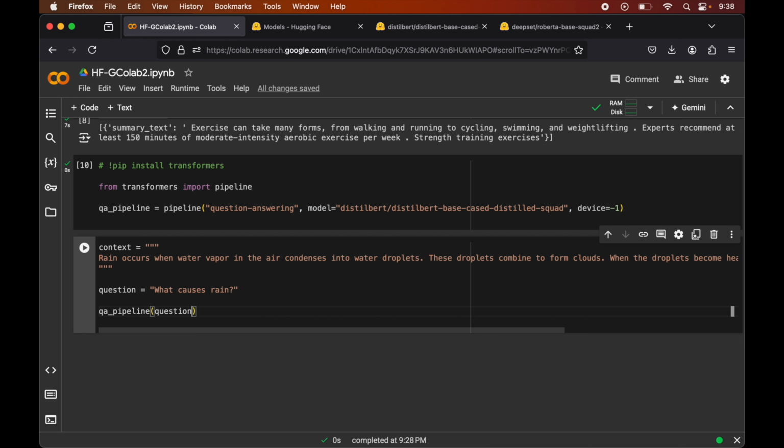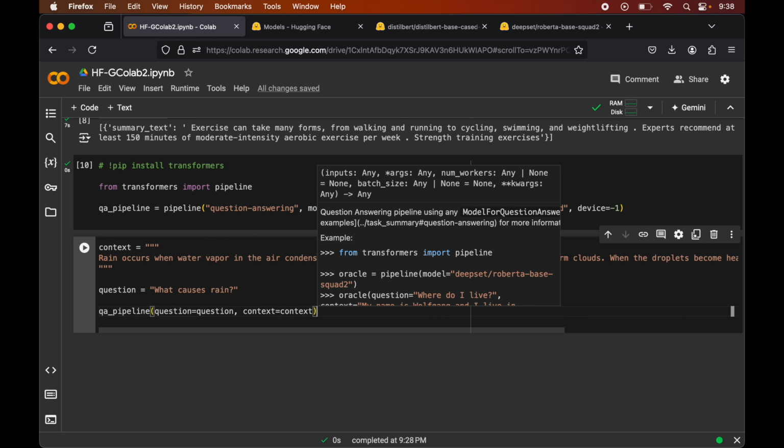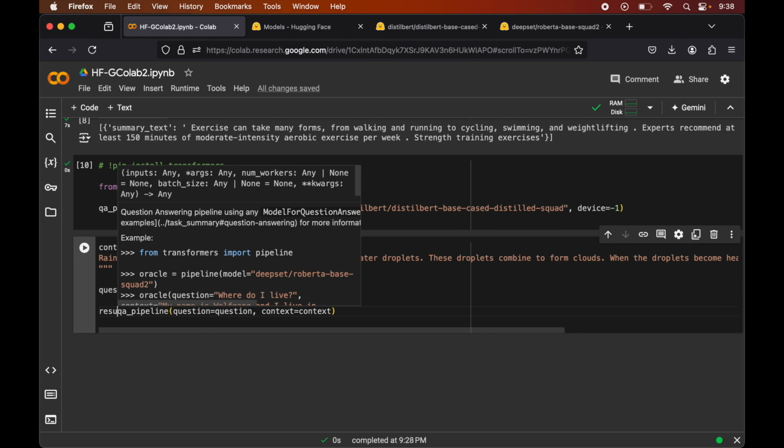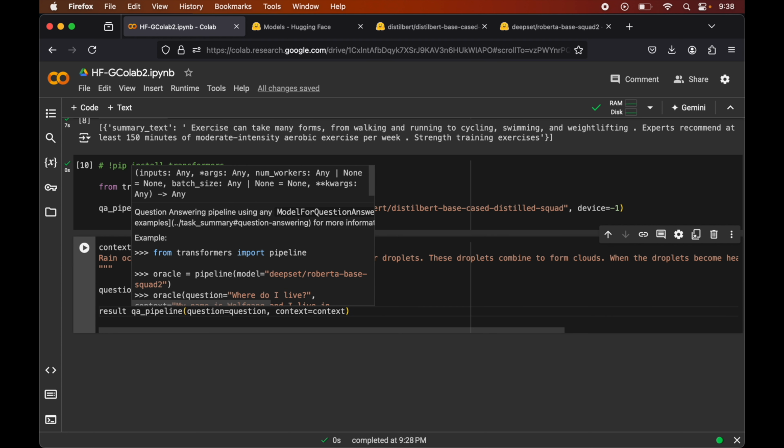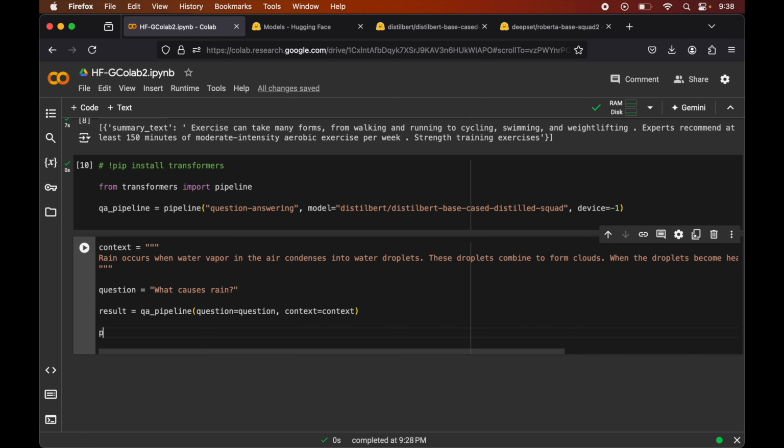So the question equals this question and we will also pass the context so that it can search the answer inside this context itself. So we will pass this context and we will keep this answer in the result, and finally we will print this result. So we will say print result.